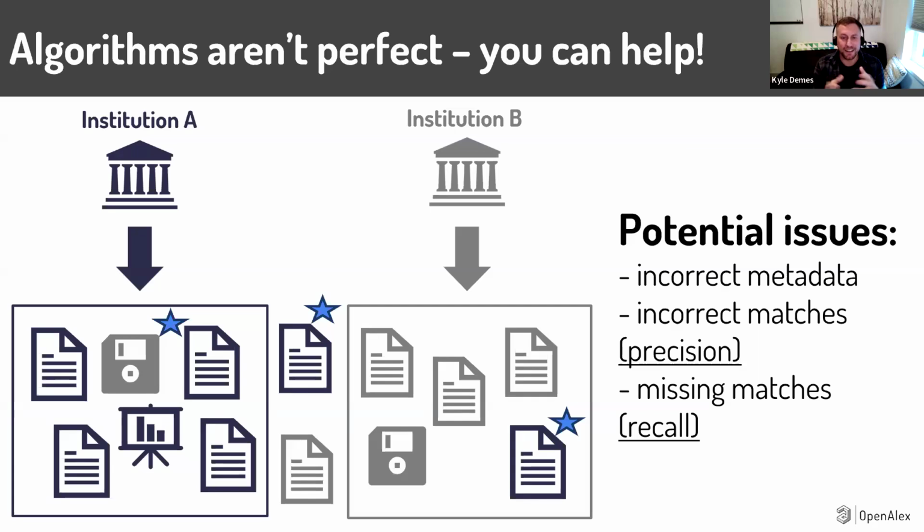Just to show here a sort of illustration of the types of problems we get, you can see institution A in blue and institution B in silver or gray. And then underneath that are all these works. So you can see there's data sets, publications, reports, all sorts of things. And the boxes around them are meant to represent that we identified these as being at that institution. So you'll see there's 3 stars on here, and these are the types of errors we make.